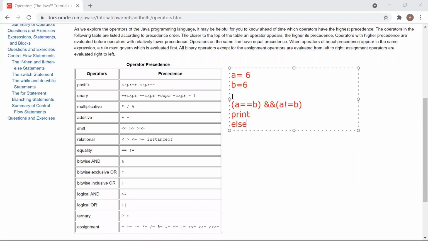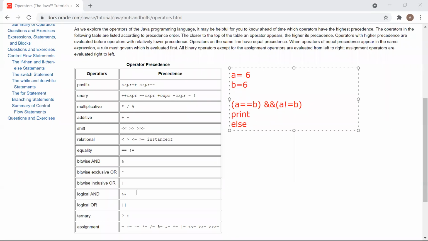So logical and checks whether both conditions are true or not. Whenever both conditions are true, then only you will perform operations. Now you tell me, here are both conditions true or what? No, right? This condition is false, right? So based on that, you won't perform any operation, because logical and says that when both conditions are true, then only you will do some operation.